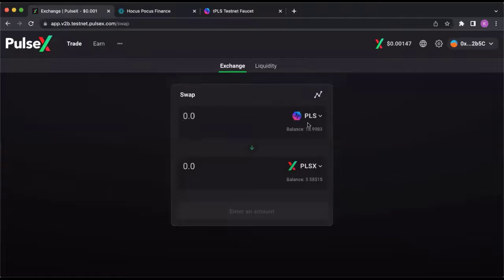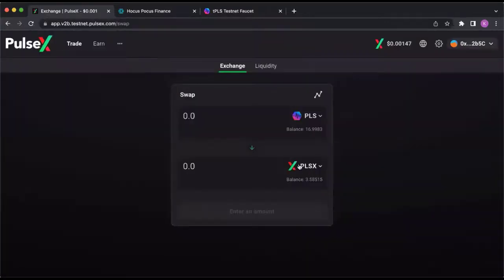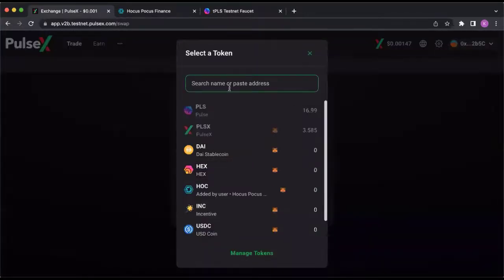So when we come back over here, we have our pulse, and what we're going to do is swap for Hocus Pocus. Now, you're going to click on the PulseX symbol right here, and then we're going to type in the name of the token. So you can do this one of two ways. You can come down and just select HOC from the list,